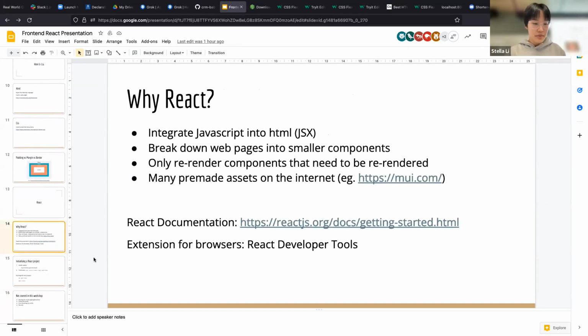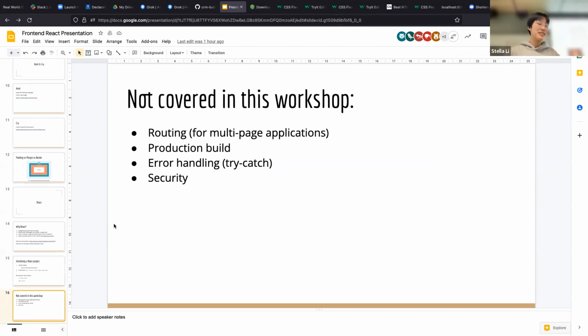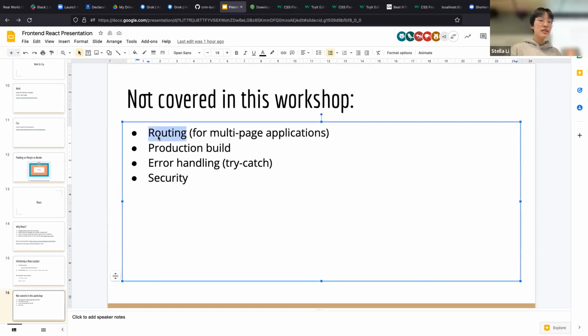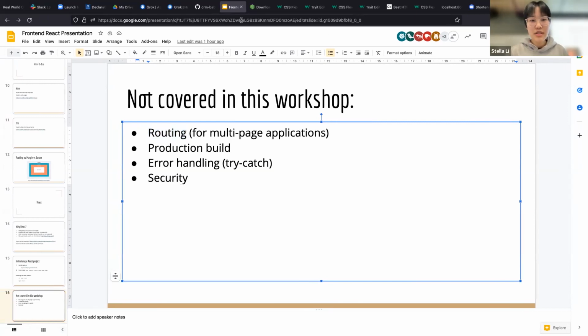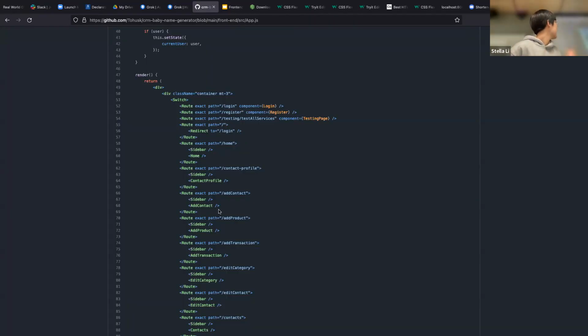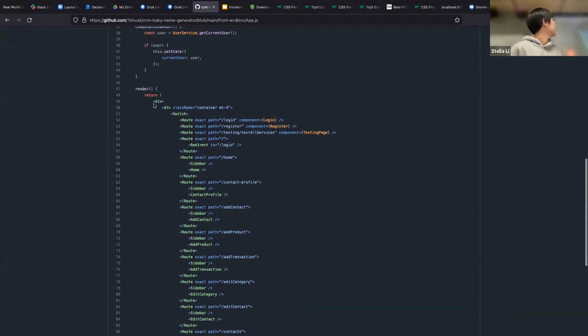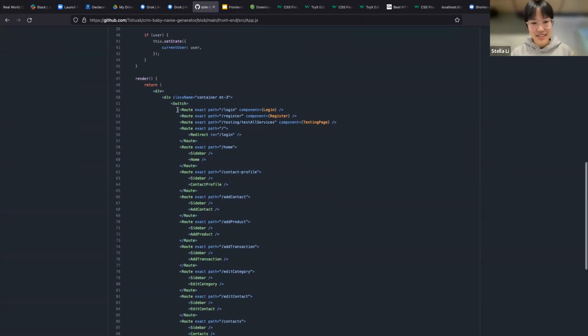But I also want to point out that we didn't cover a lot of content that might be required in a website in this workshop. So for example, routing. So instead of just having one page, we want to have multiple different pages for our website. It would look something like this. I'll just show you some code from my capstone project so that you guys can have an idea. But you can see that there might be different paths